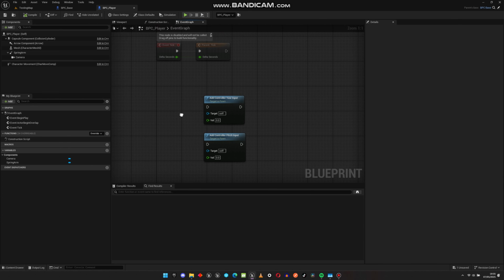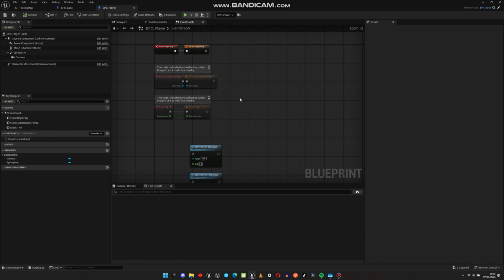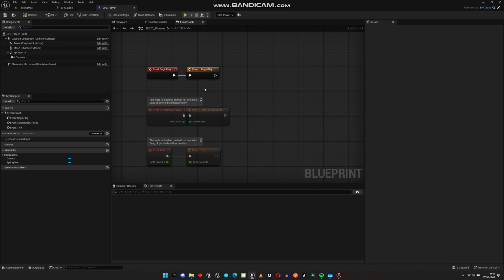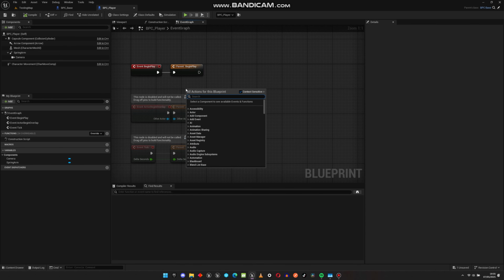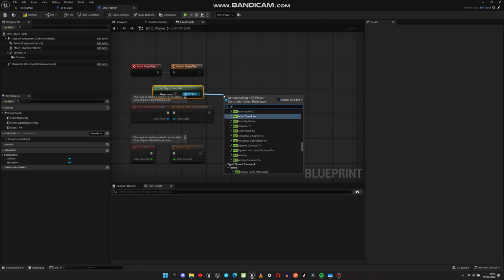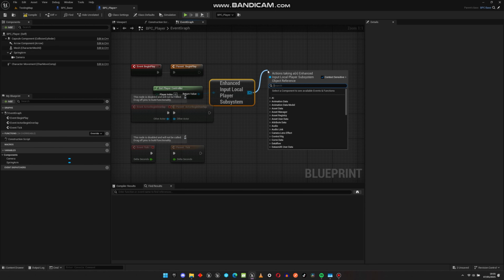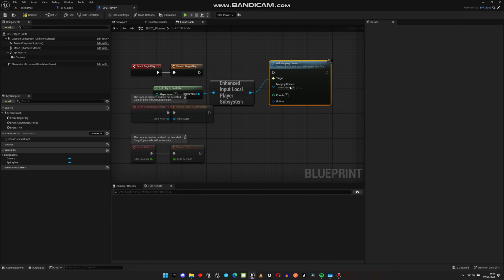And for us to be able to access the input context, to set the default context of our inputs, we basically need to come to the begin play and set our context over here. So we are going to get the player controller, and then get enhanced input local player subsystem, and then set our context. So we're going to add context, and this allows us to select the context that we've just created, and then we can hook that up to begin play,